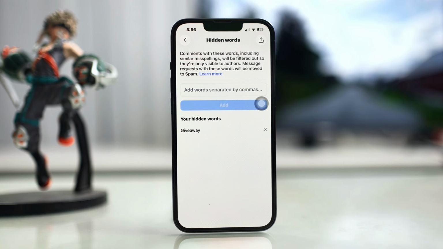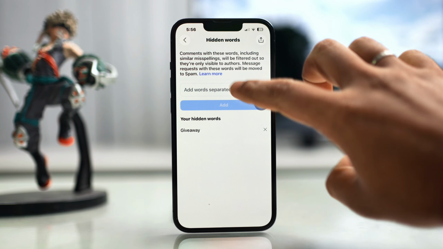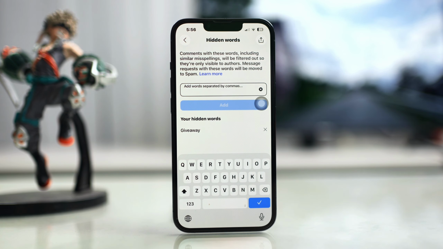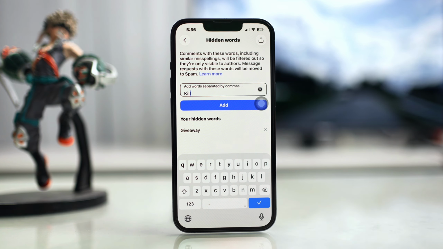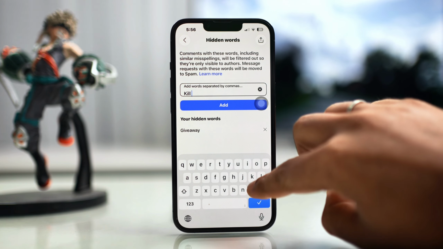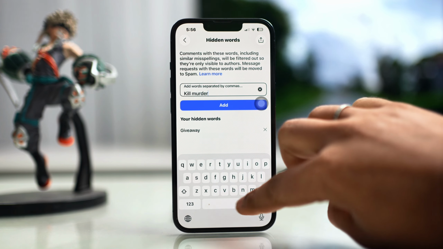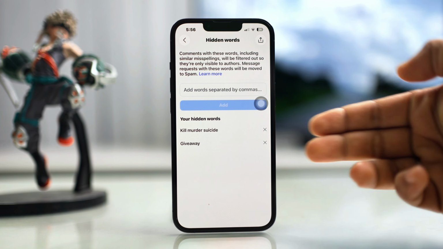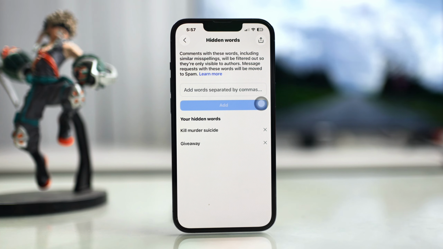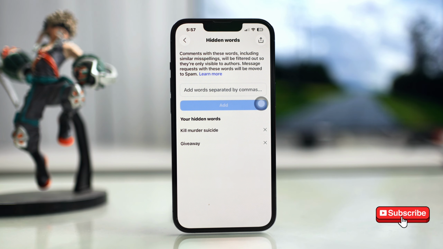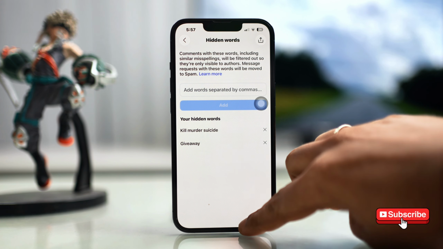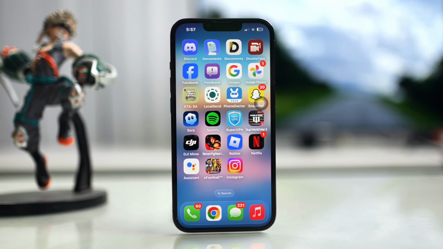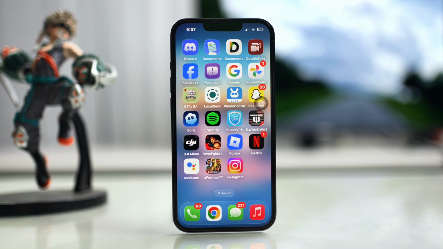Next, here, enter keywords like kill, murder, suicide, etc. or specific emojis commonly used in sexual suggestion, harassment, or spam signals. Next, tap add. Now, if any comment contains these words, it's moved to a hidden request folder that doesn't trigger a notification. So, that's how you can block more unwanted words and turn on advanced comment filtering in Instagram on